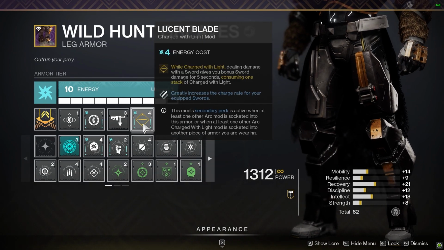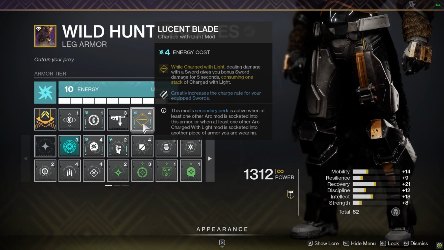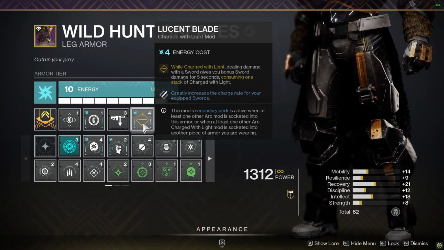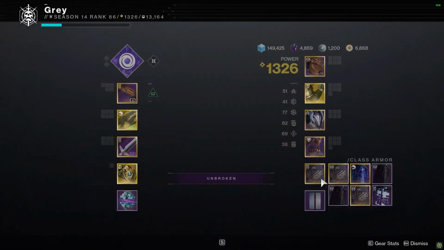Blade, which decreases charge time on our swords. This can be done by either slotting an arc mod on the same piece of gear that Loosened Blade is on, or by using another arc charged with light mod on a different piece of gear. We aren't really using any other charged with light mods, but I still wanted the full effect of Loosened Blade,